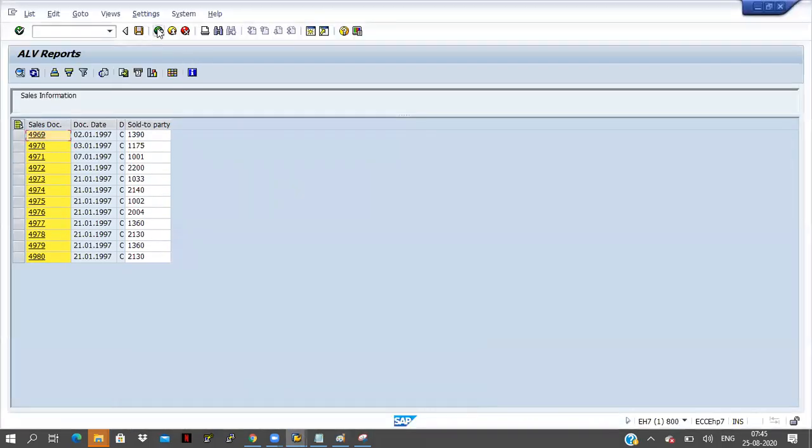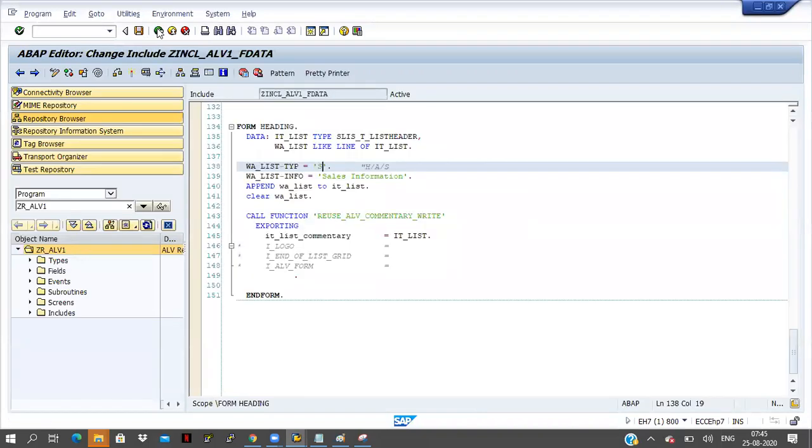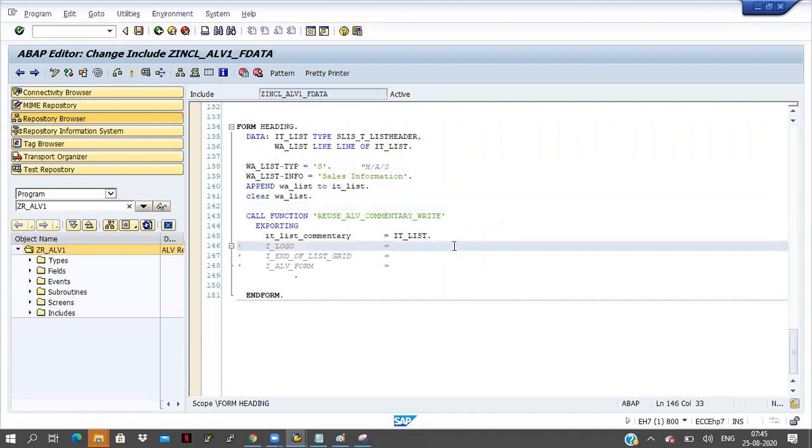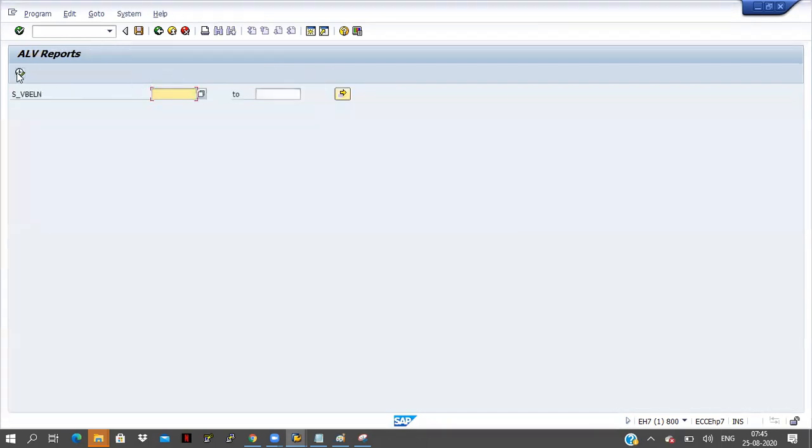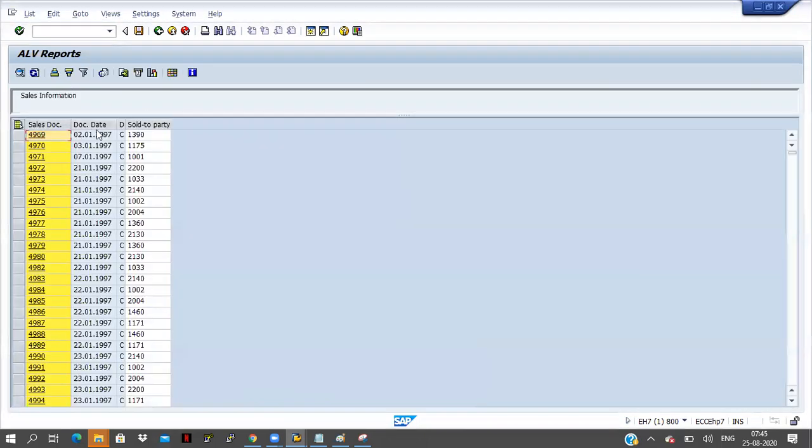Here I want to upload a logo. Some data is coming, sales information, like this. So here I want to display some logo also.